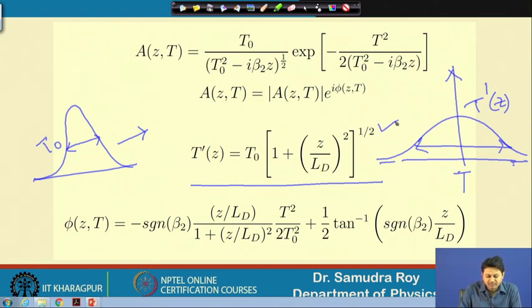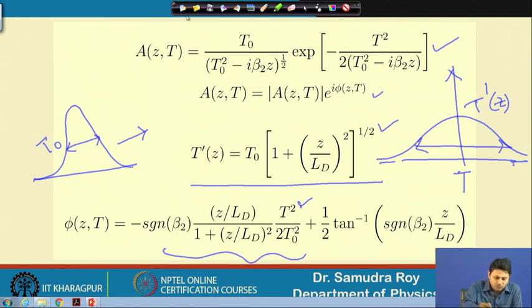You can readily find this expression if you write this equation in amplitude and phase form as is written. As I mentioned, this is given to you as a home task. So, you should do that, write the wave in this particular form, and you will get this width. After having the knowledge of the width, the next thing is to find out the phase, which is written here, and we can see that the phase is changing, and not only that, the phase is a function of time, and it is a t square.